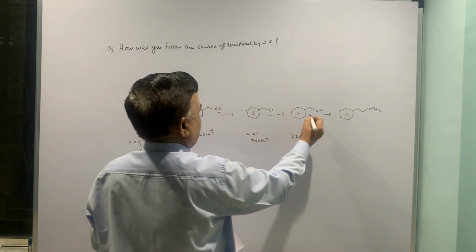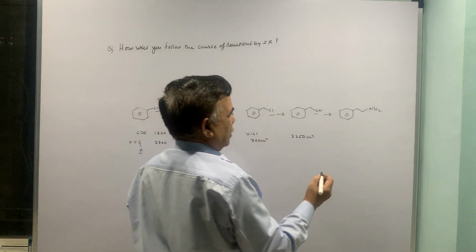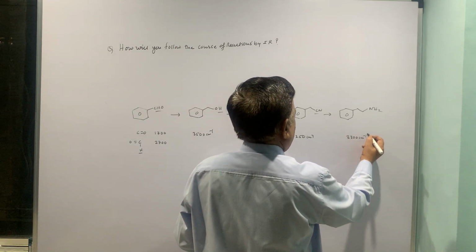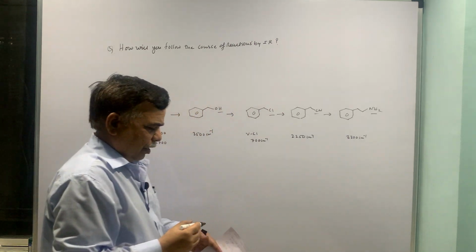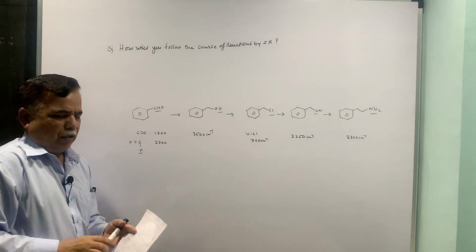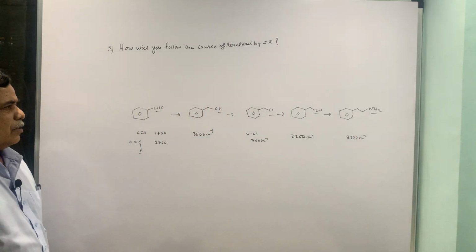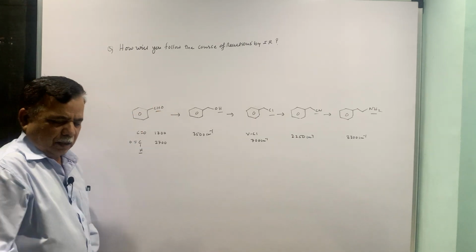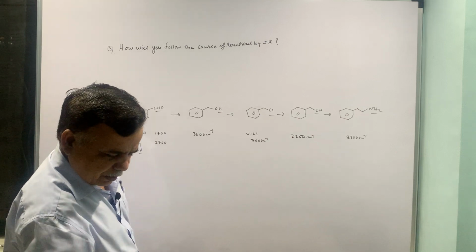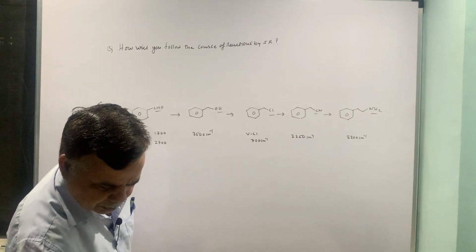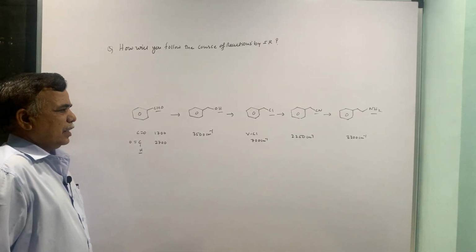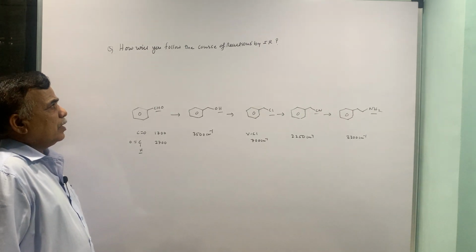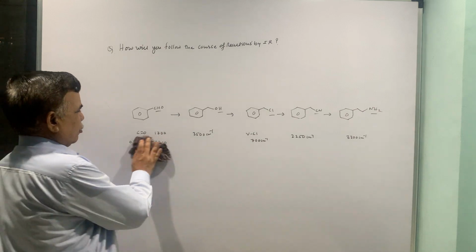We have to look at the functional group. Benzene ring is common, so that is not a problem. And NH2 is once again there. So by looking at functional groups, you can monitor the course of reaction. Only thing is you have to look at the IR spectrum of the compound. And naturally, these fundamental modes of frequencies or the stretching modes will give significant peaks, which will help you to monitor the course of reaction by IR spectroscopy.